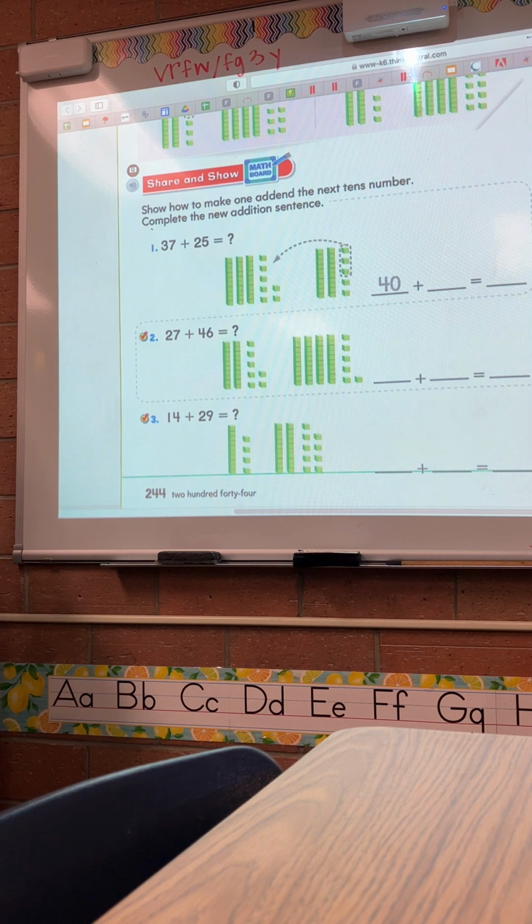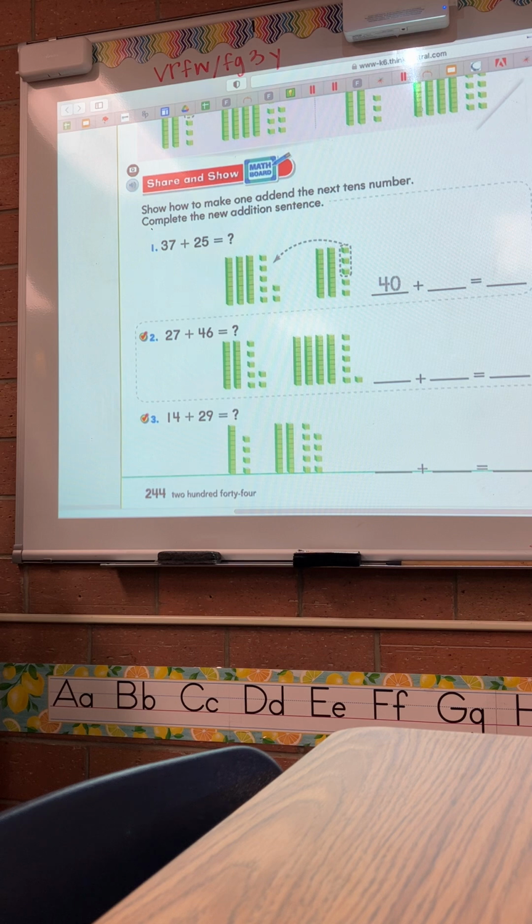Okay, friends, this is lesson 4.2. You have your books open to page 244. We are going to continue on from yesterday, and today we are going to be focusing on how we can